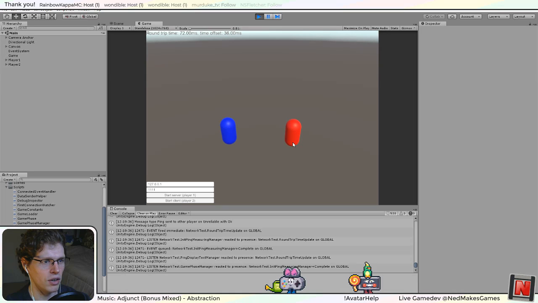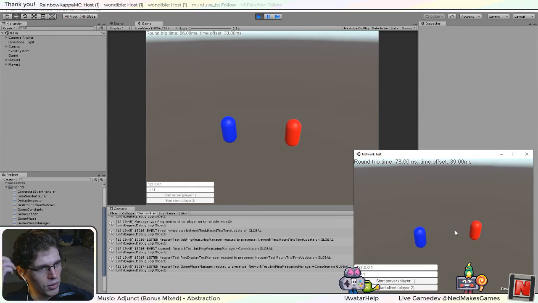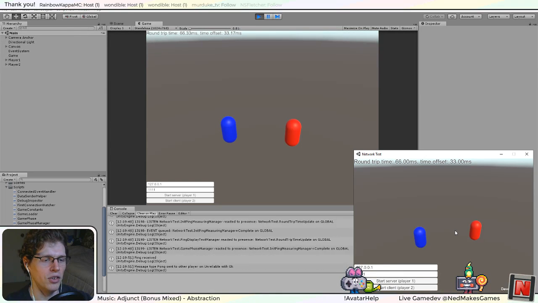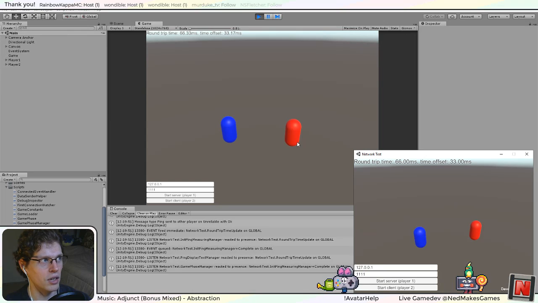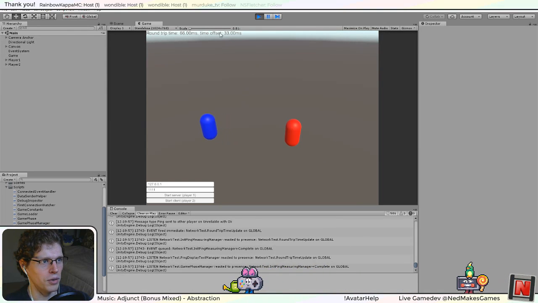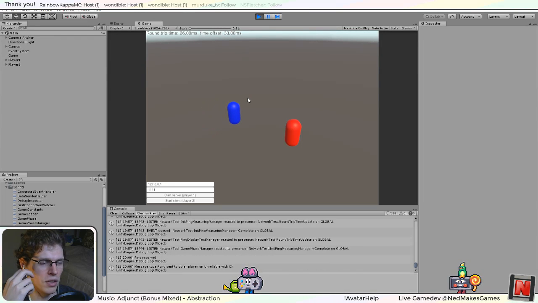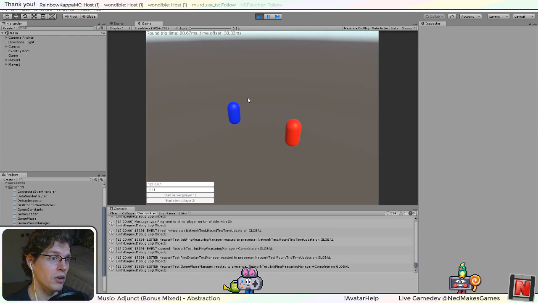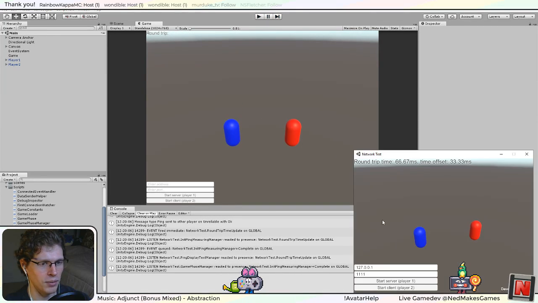So it will actually try to accelerate this slightly faster than normal so that it will try to catch up with its actual position on the client. And that's what's called client-side prediction, just so that you can try to minimize the difference between the two players on screen. Just because of this latency, it's impossible to know exactly what time the other computer is at